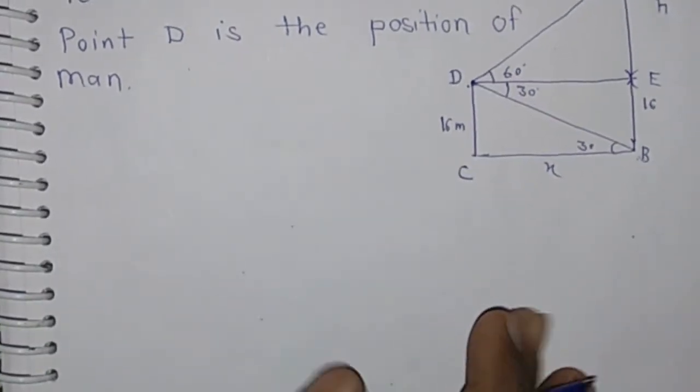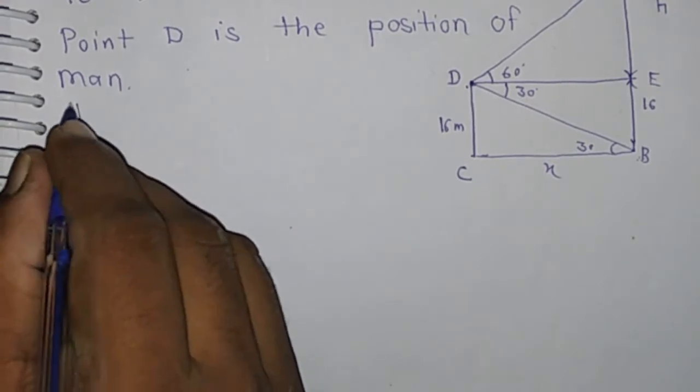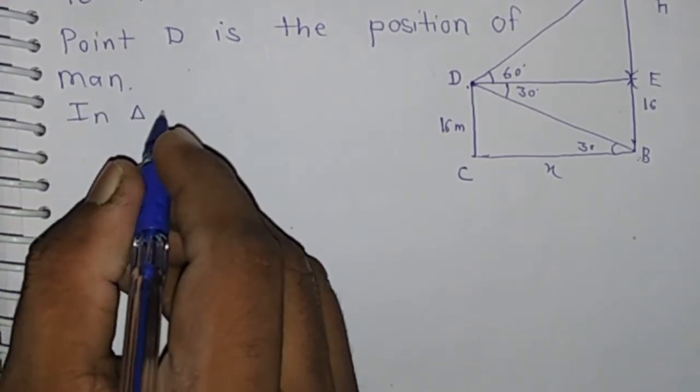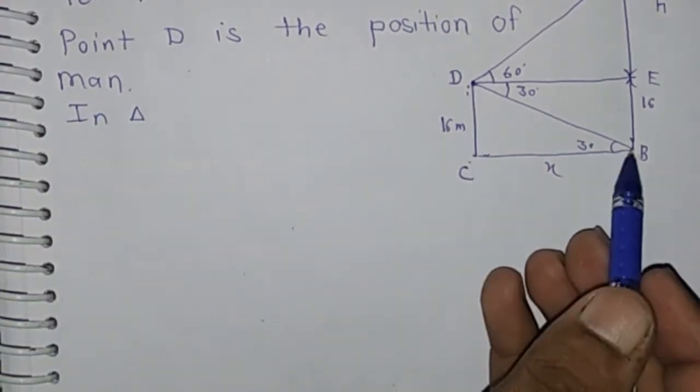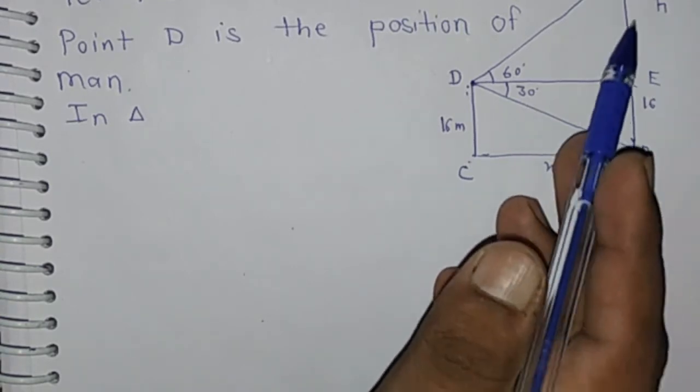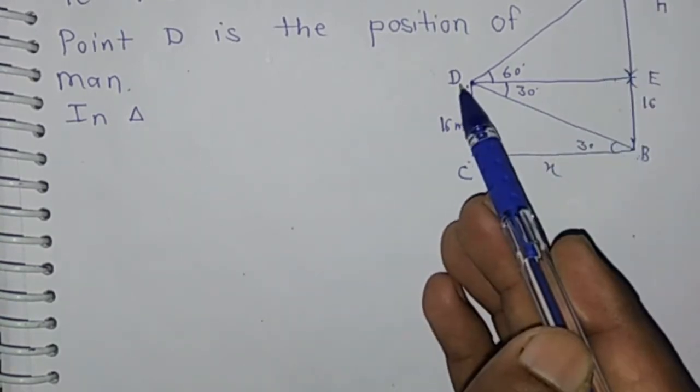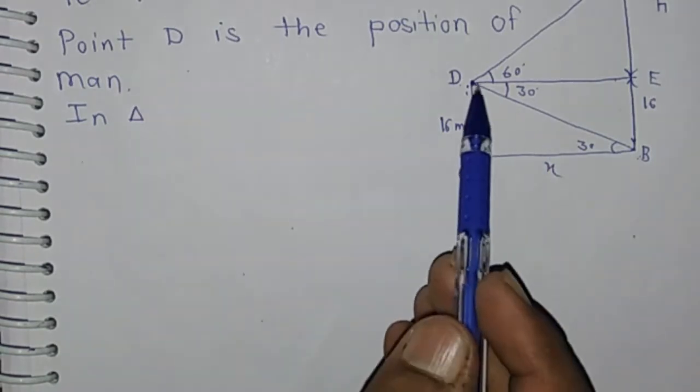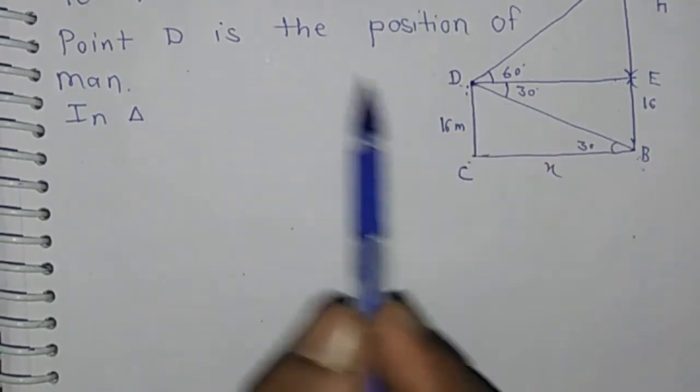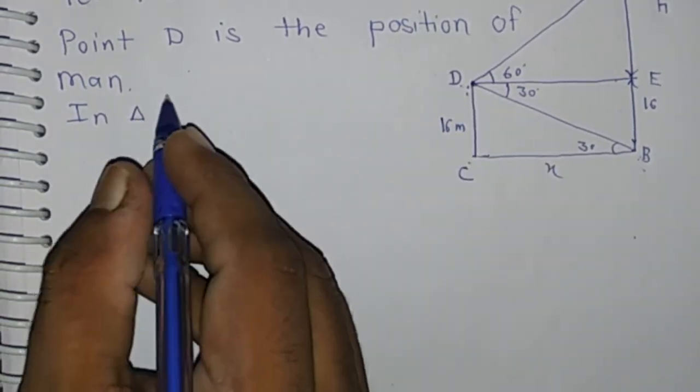Now there are two right angle triangles. First is DCB and second is AED. We can also take angle DEB. In triangle DCB,